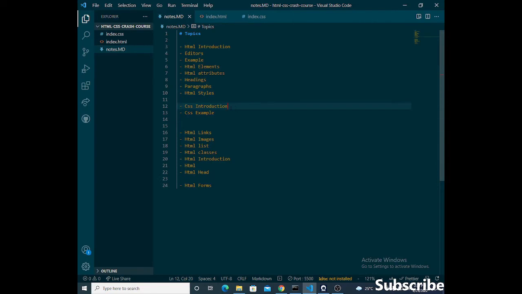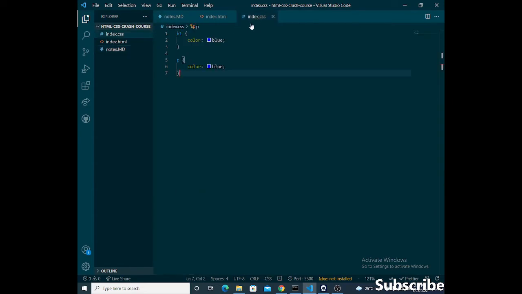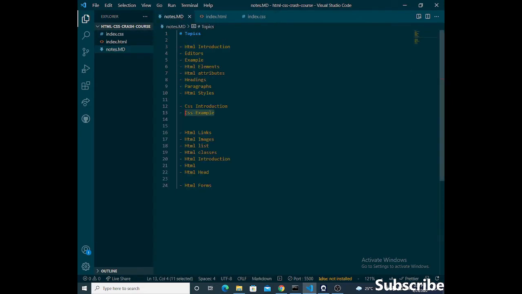So okay, I've done the CSS introduction, and then I think I did the CSS examples, because this is a CSS file, the index.css, and then